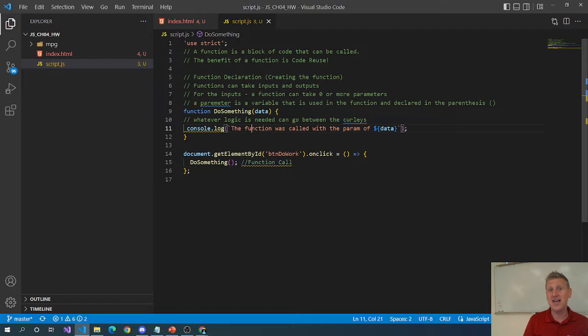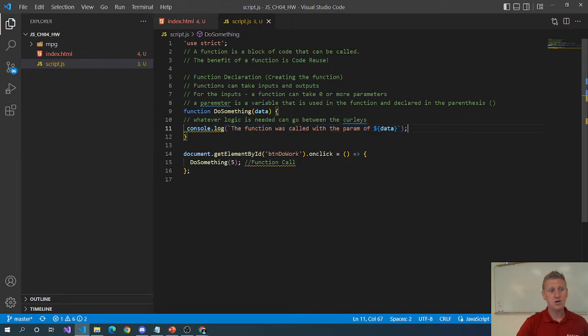So functions take optional inputs. Now keep in mind these are optional. I did have this method called do something that did not take any inputs at first, but now it does have one input. So in order to call this function, I need to pass it something. So here, the function call, when I add parameters, you have to call that function differently now. This function is expecting a piece of data. So this number 5 will be passed into this variable called data, and then it will be logged to the console,